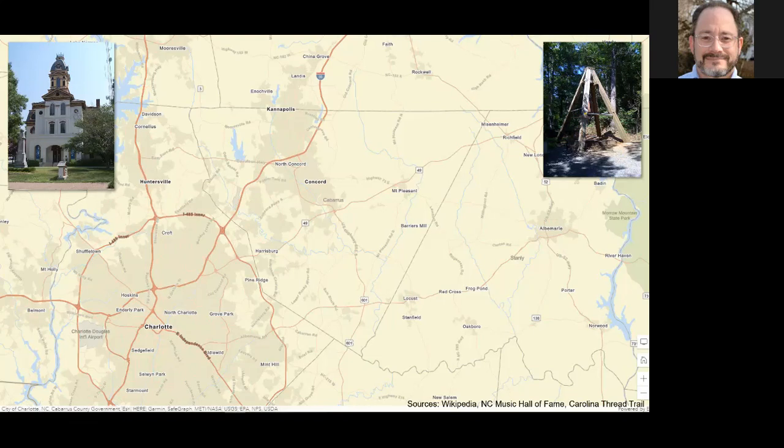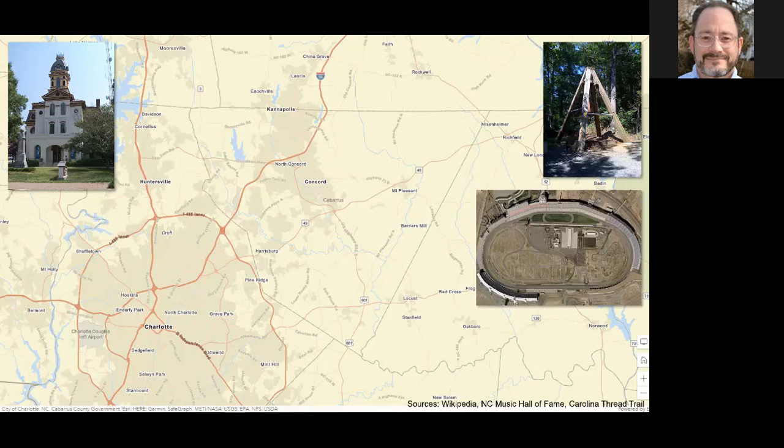And there was a U.S. mint here in Charlotte for quite a while based on all the output of the gold. It's also home to Charlotte Motor Speedway. It's the center of American motorsports. This is a 1.5 mile super speedway.